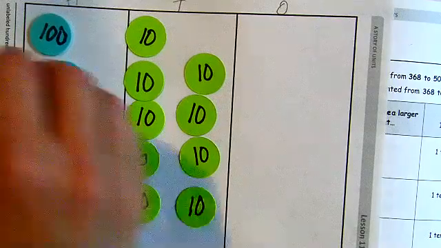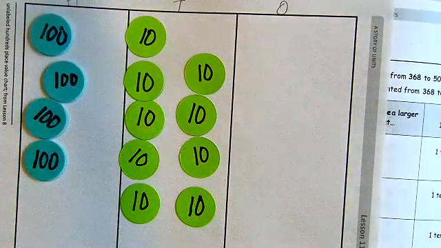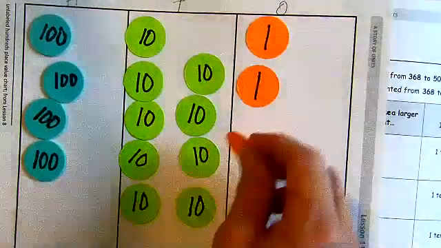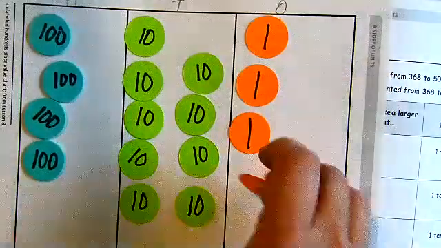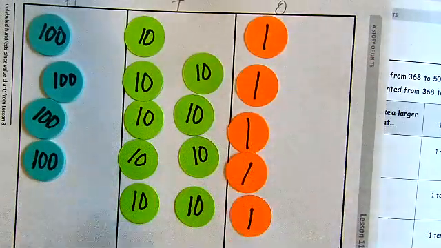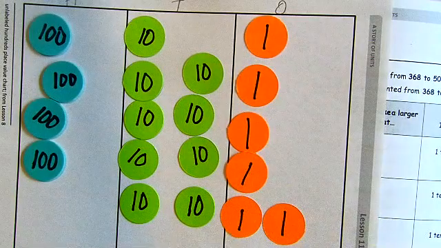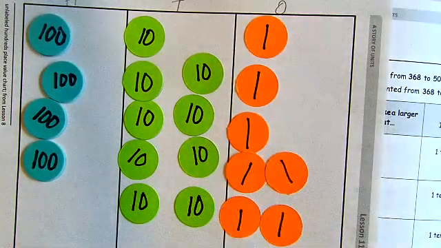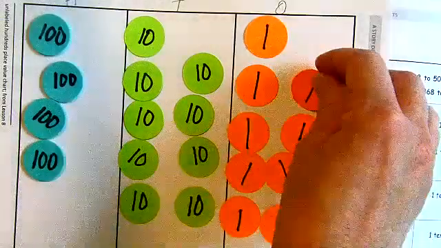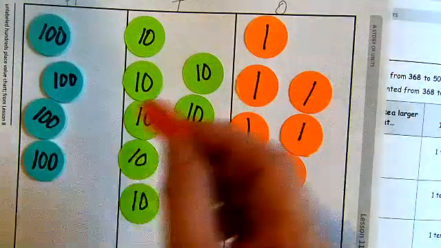So 490, 491, 492, 493, 494, 495, 496, 497, 498, 499,